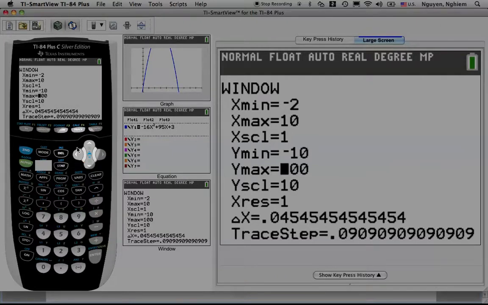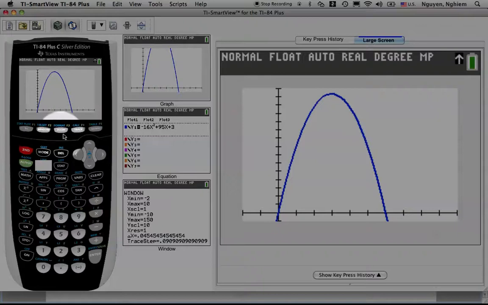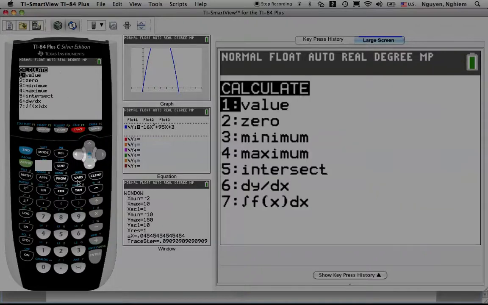So let me try 150. Hopefully this does it. There it is. And I'd like to graph this on my paper as well, but I'm going to first go to second, calc, find the maximum here, the fourth item on the list,